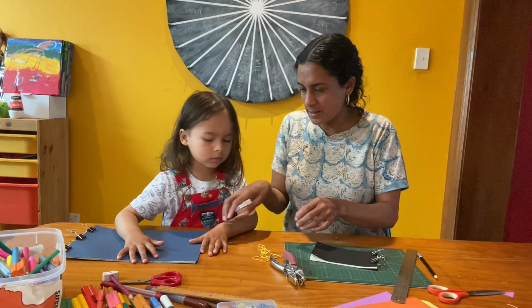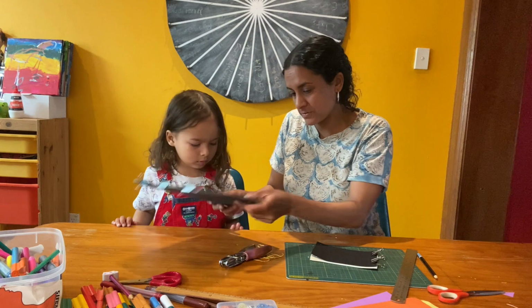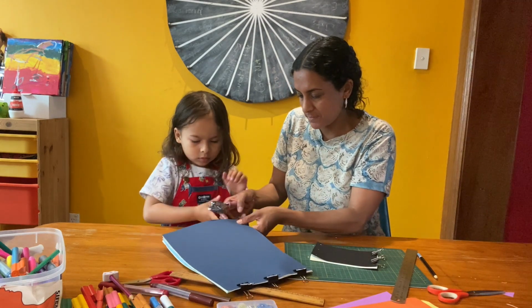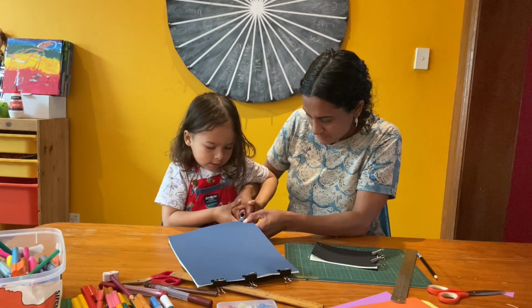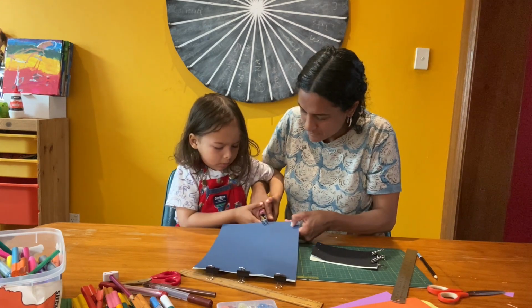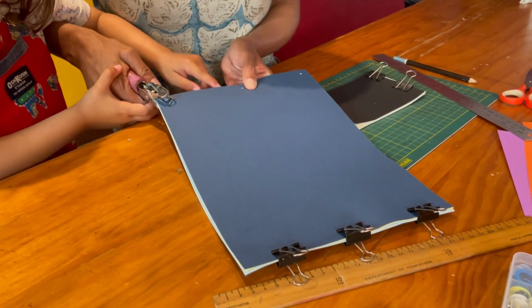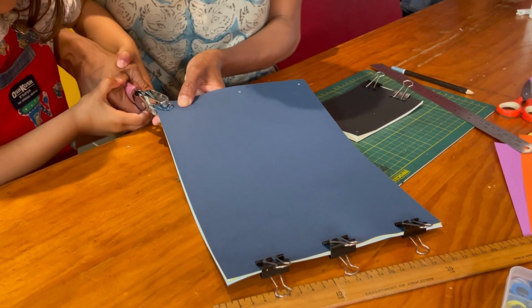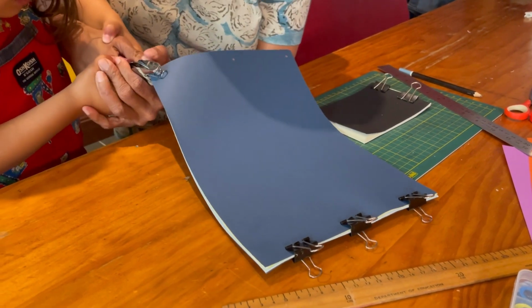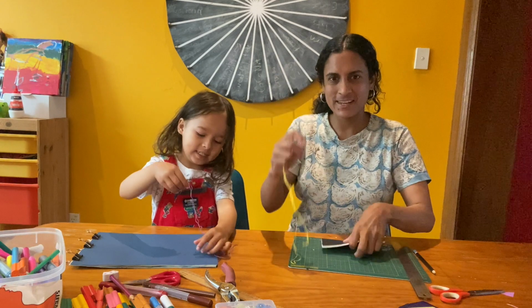Okay, and now I'll give you a hand with this because it's a little bit difficult. You can help me press it down, okay? Okay. Right here. We'll try to do it in the middle, okay? My hole's there. Yeah, I know, sweetheart. Okay. But we want them kind of even. Oh, it's very tricky, isn't it? Yeah. The next step is